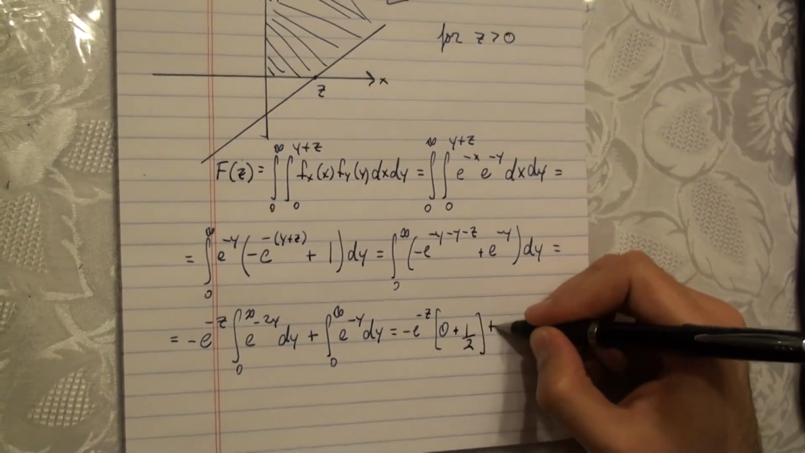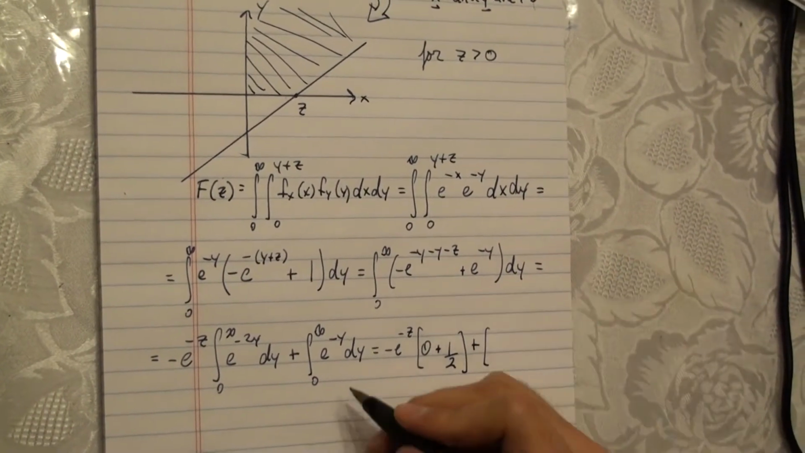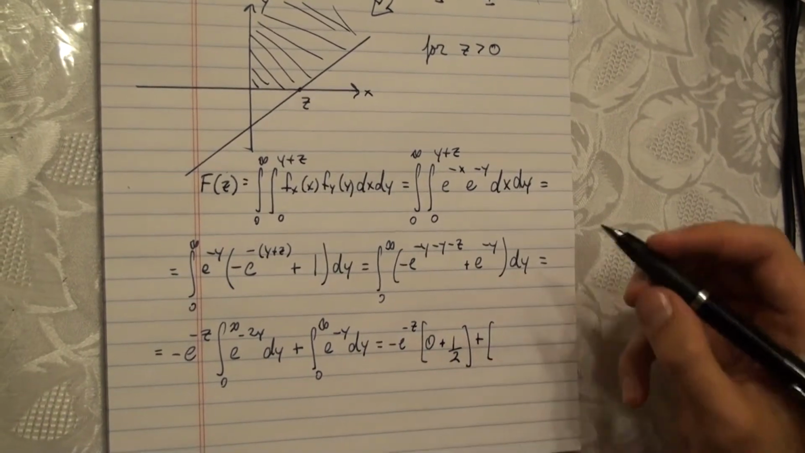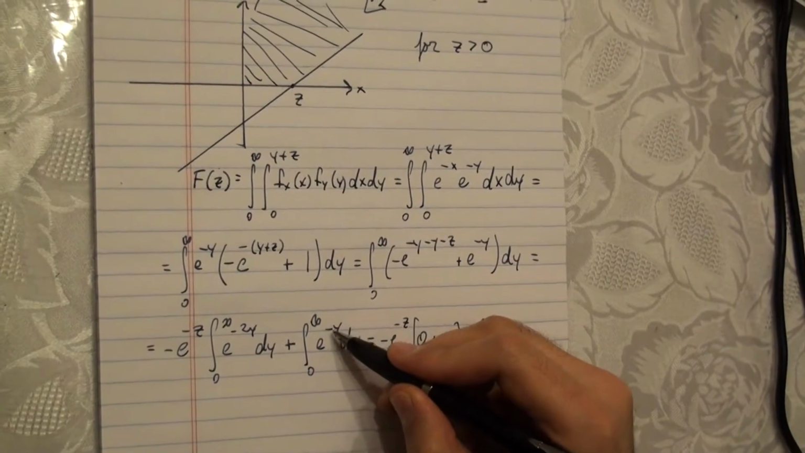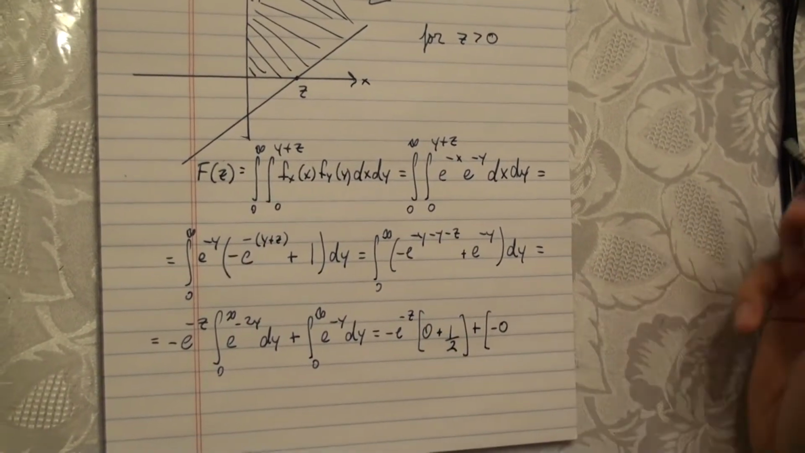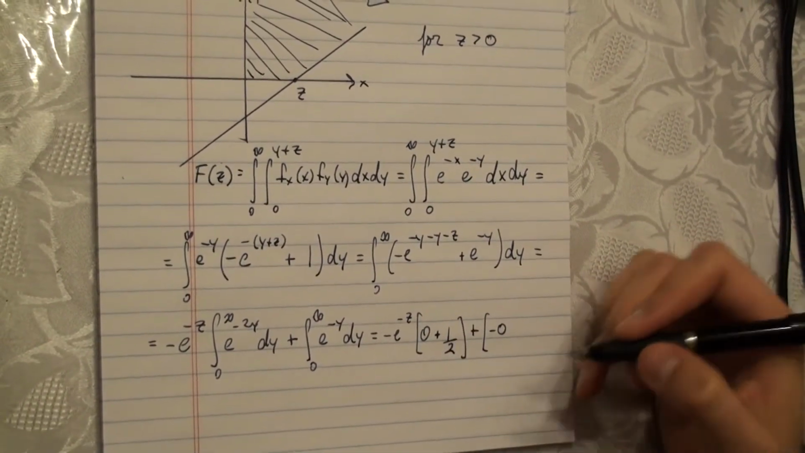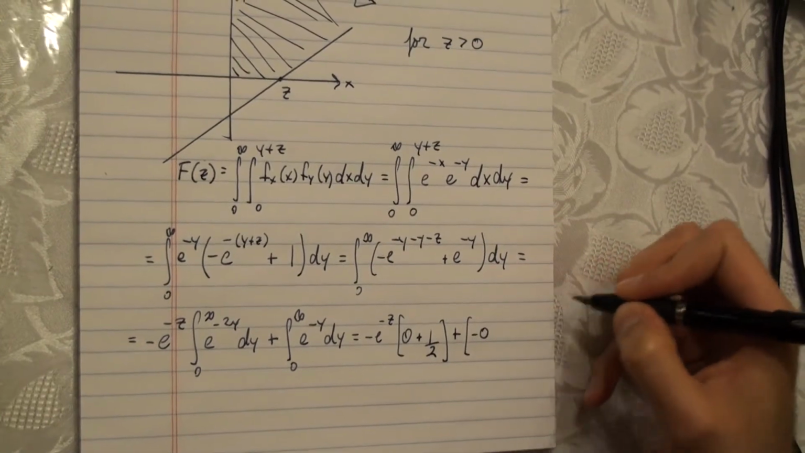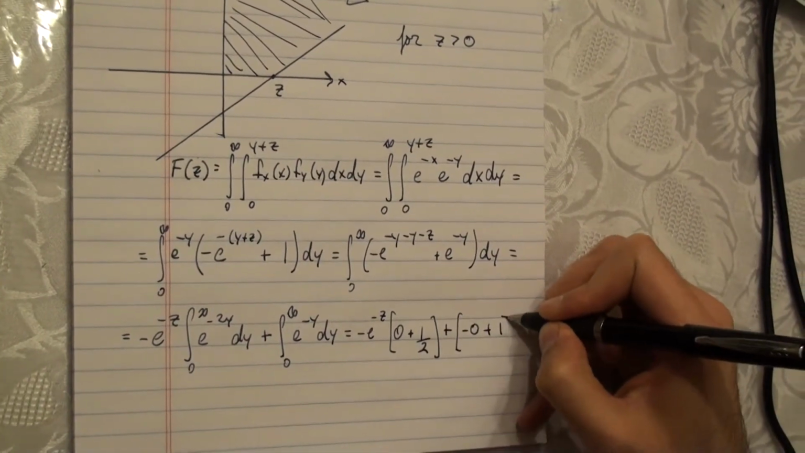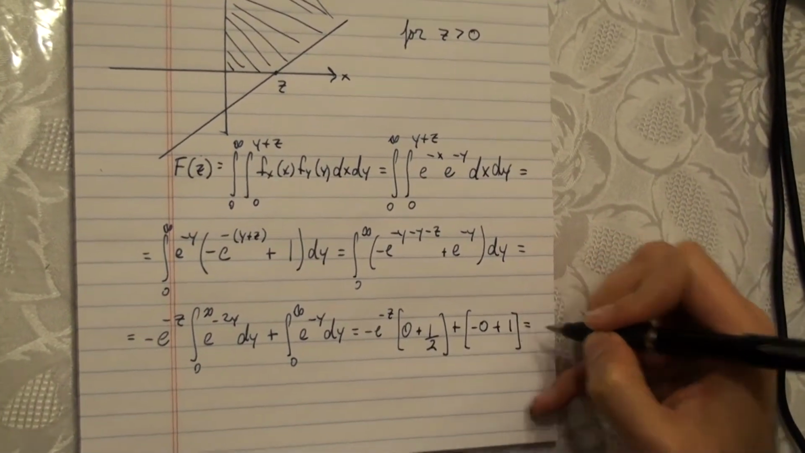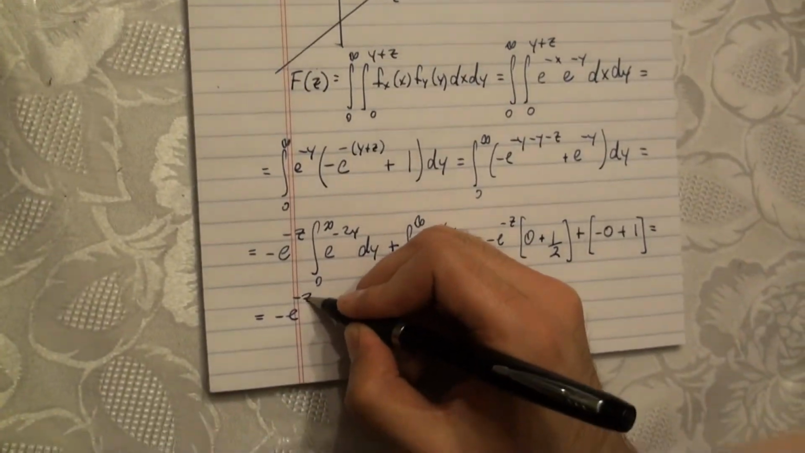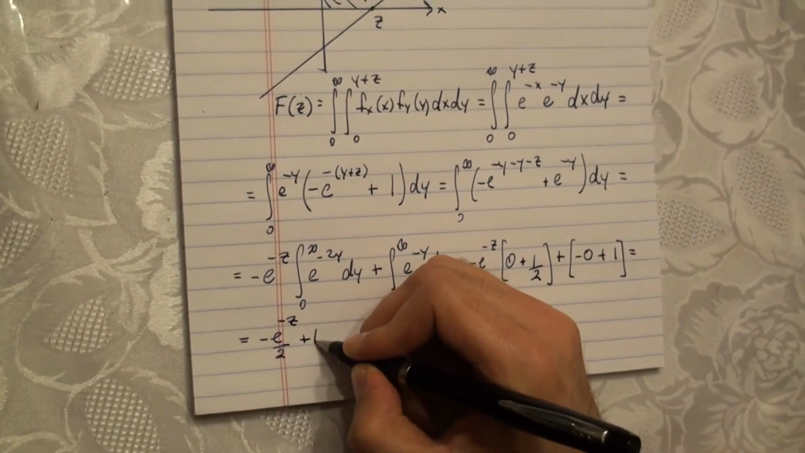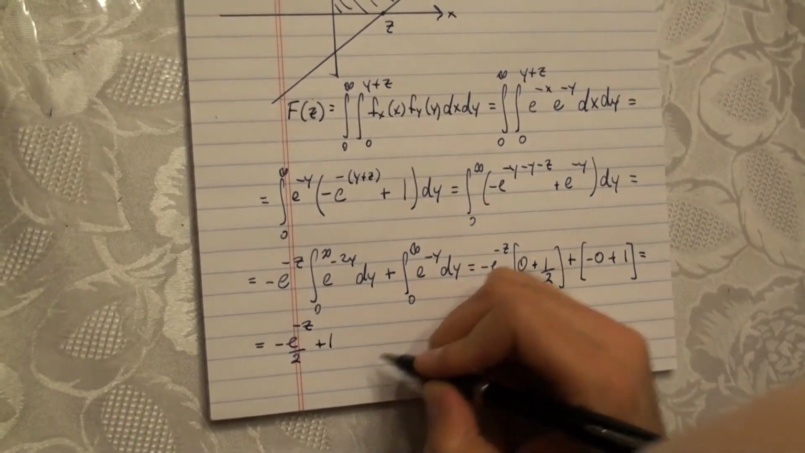Okay, plus. And similarly, we have the same thing here, except we have a minus 0 is just 0 because e to the negative infinity is 0. And then e to the minus 0 is 1, so we have minus minus becomes plus 1. So this turns out to be minus e to the minus z over 2 plus 1. So